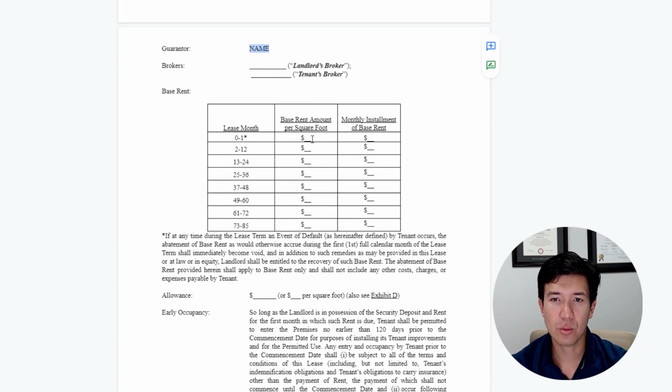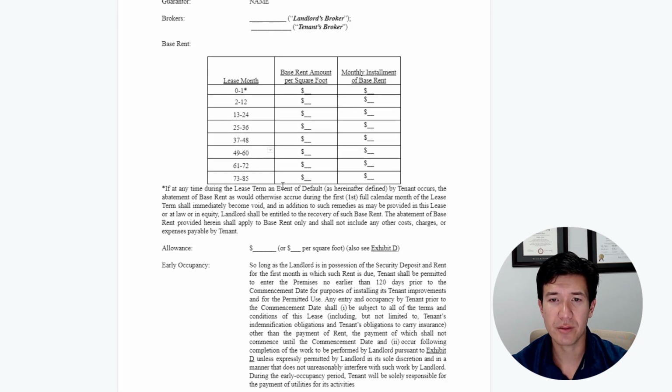Base rent, again, we repopulate with square footage, and you really just make it straightforward. And so it's critical that these calculations are accurate. Your lawyer will typically do this. I don't do it with the broker, but they could. And you just want to calculate everything. This looks like here's 5 years, 6, so a 7-year lease, pretty standard.